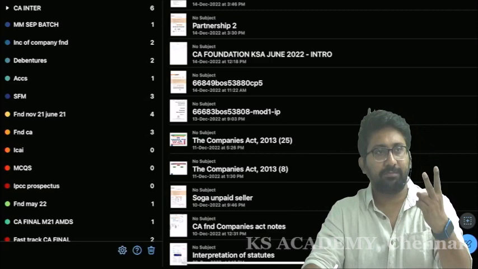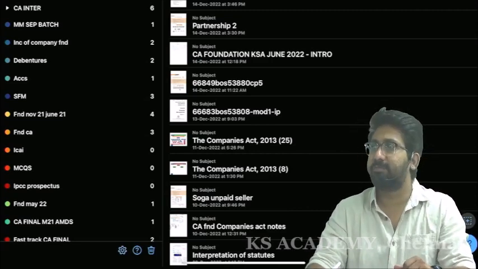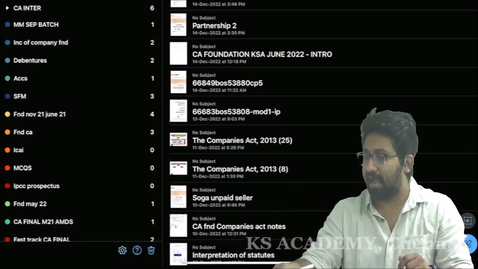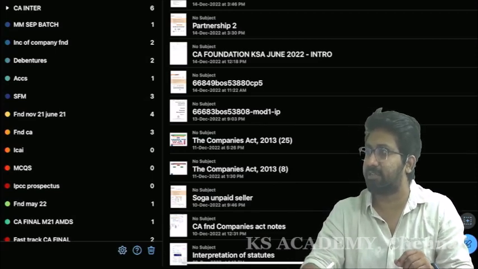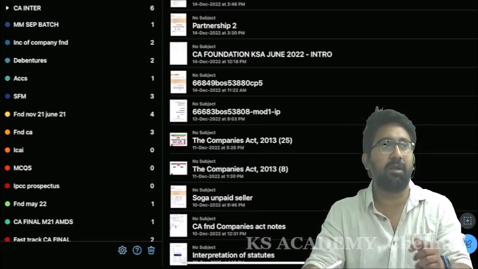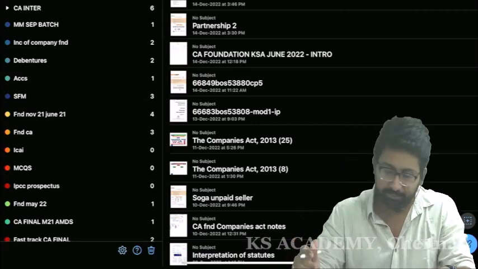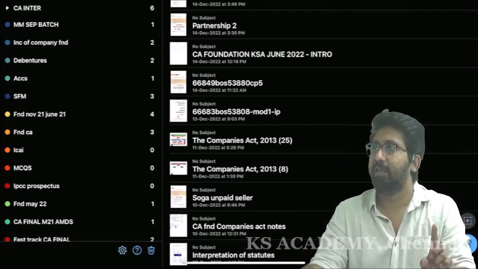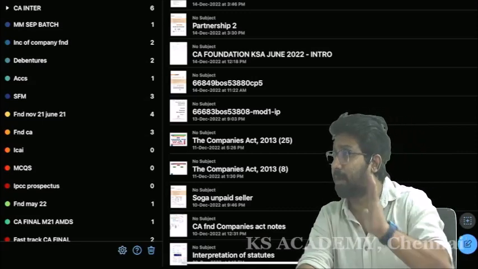After that, MOA, AOA. MOA is of two types, AOA is also of two types. MOA first type: MOA means Memorandum of Association as originally framed. Second one is as altered from time to time. Articles of Association means Articles of Association as originally framed or as altered from time to time. This is the thing that I want to explain. Hope everyone understood the concept. So, we have done with the definition of MOA and AOA. This is what we completed in the previous session, if you remember.